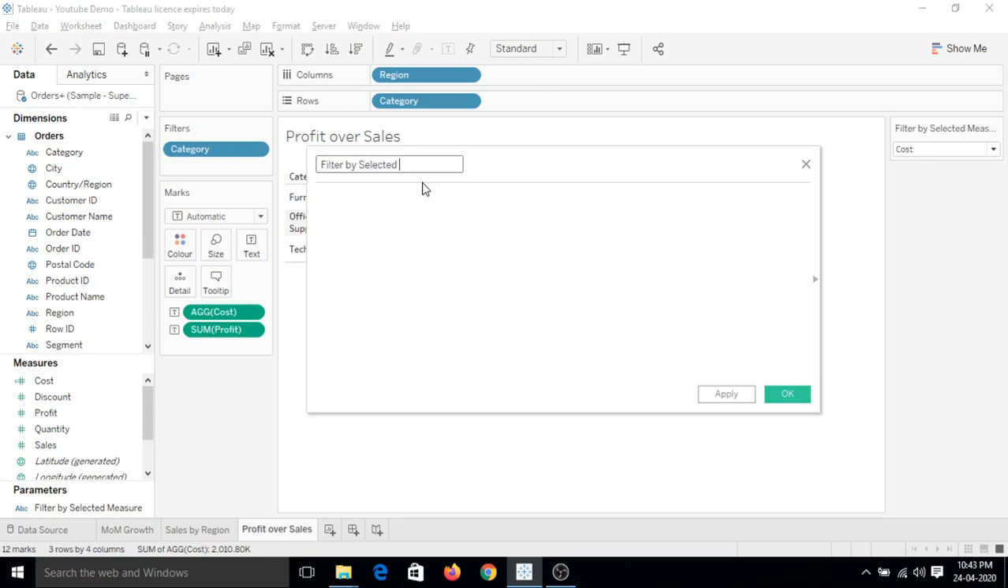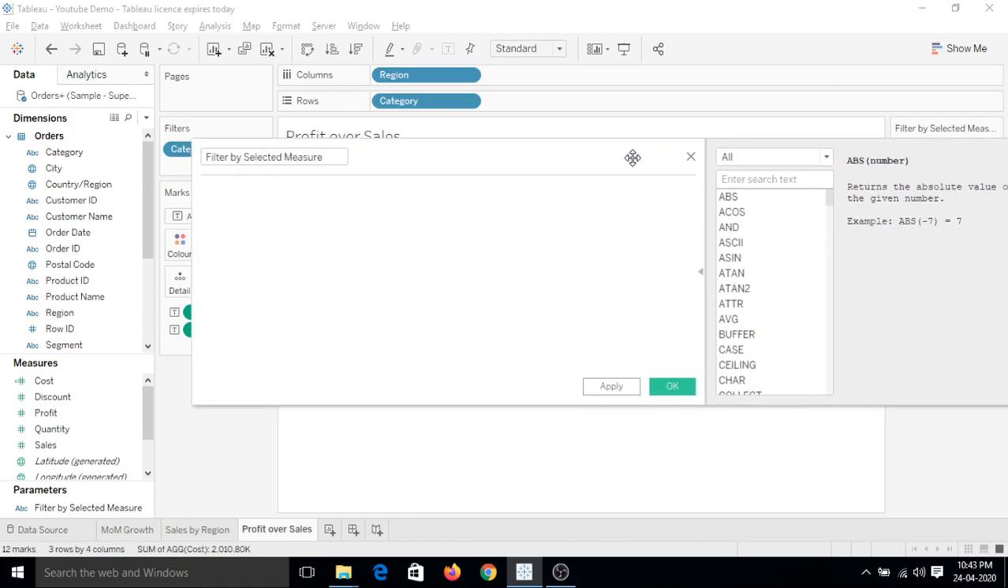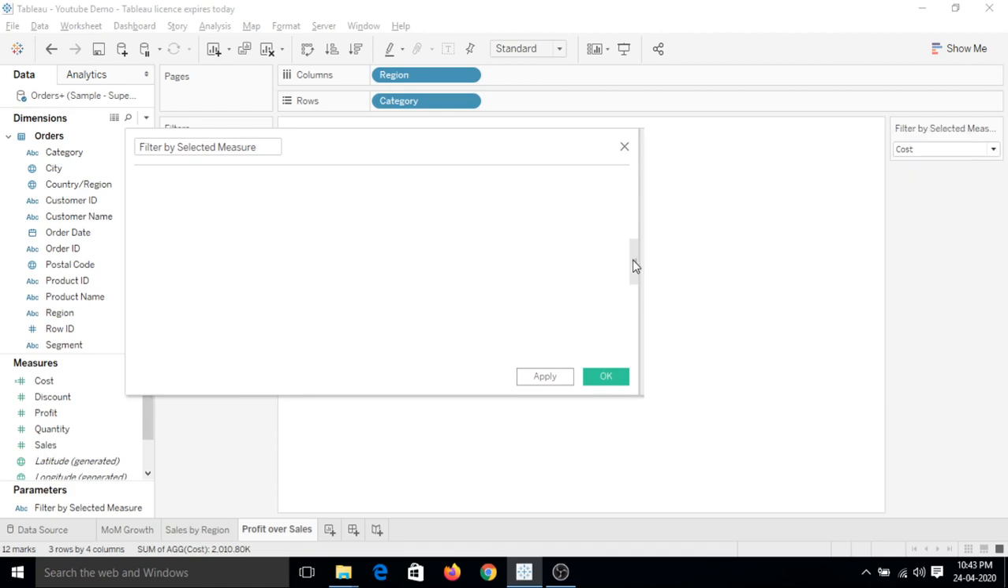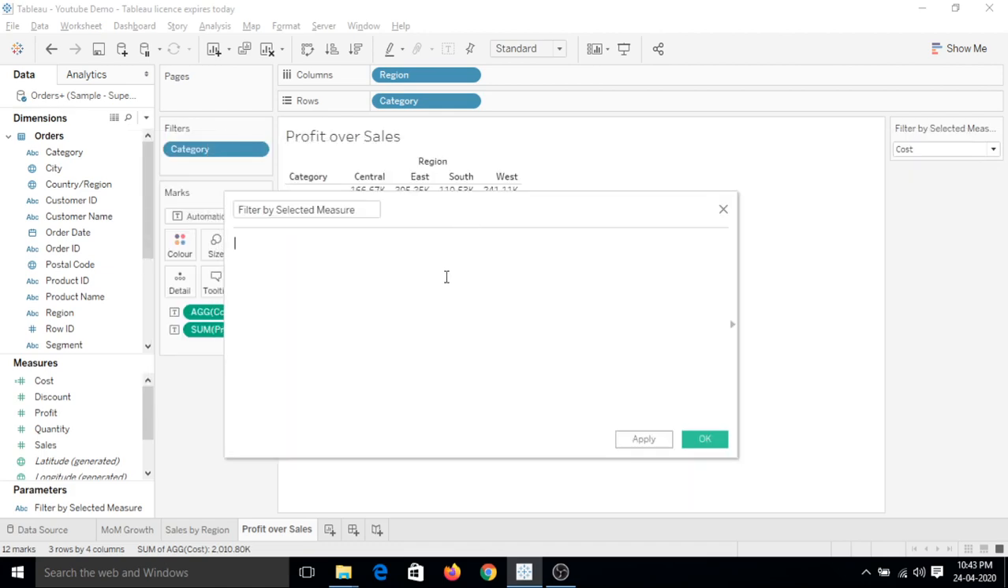And now we have to put a condition, so we can use if else conditions or case when then in Tableau. And if you click here, you can see all the functions that are available under Tableau. We will discuss these functions later, but let's ignore them for now and focus on the if else condition. So now let's write the if else condition. So write if